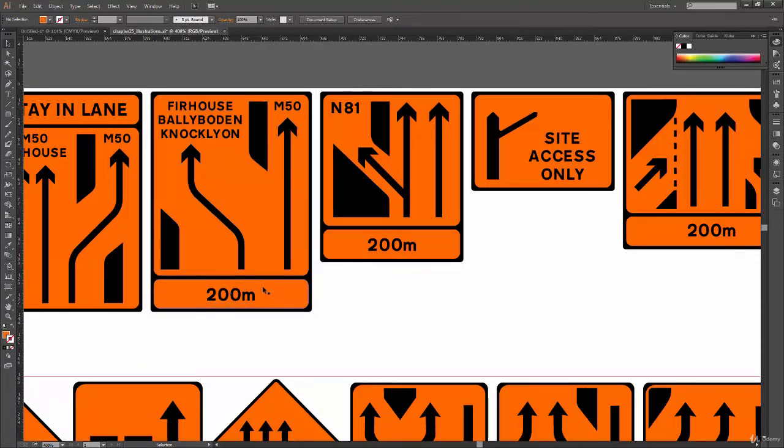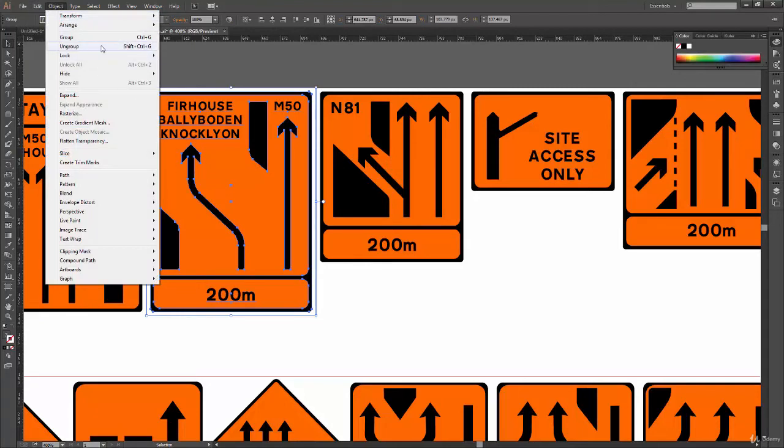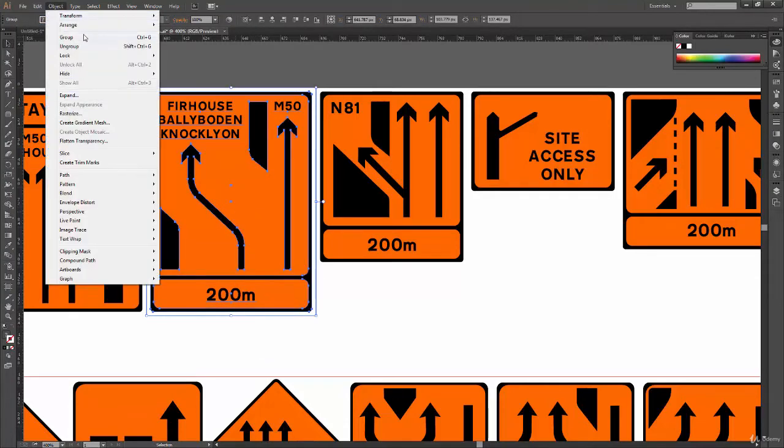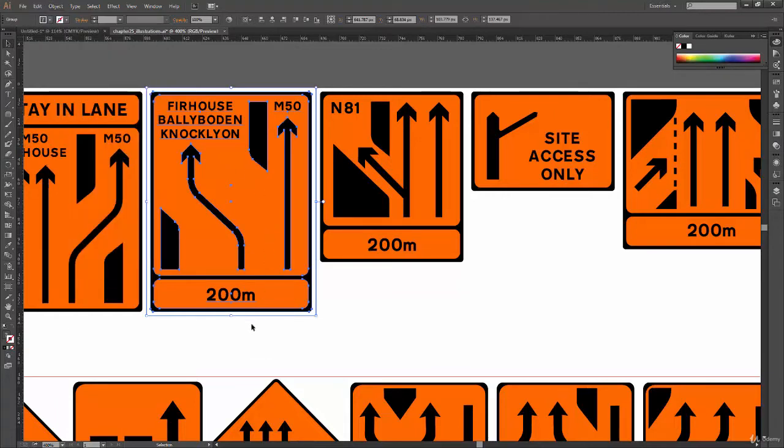Now since we have seen grouping, how can we ungroup it? To ungroup it, the same thing, go to Object and you have this option, now unlocked, which says Ungroup. Shift Control G is the shortcut key for that, and like grouping you can right click and click on Ungroup. So there are three options: either right click and say Ungroup, or go to Object and say Ungroup, or you can press Ctrl Shift G. So you have your shape ungrouped here.